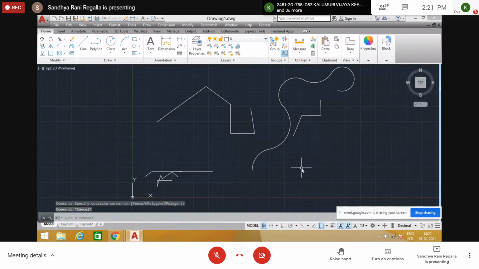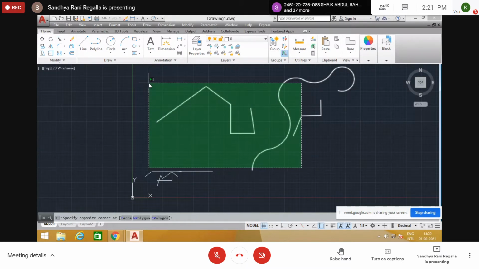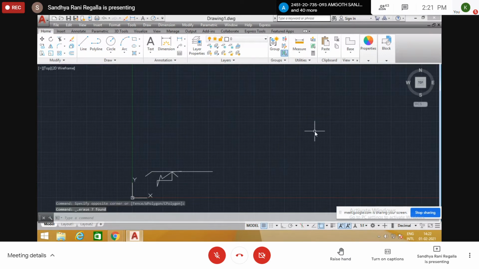If you drag from right to left, now see, this first object is fully covered in the window, but the second and third objects are only partly covered. But all objects are selected. So from left to right, only fully covered objects get selected. From right to left, partly covered ones also get selected. And if you simply click delete, those things get deleted.